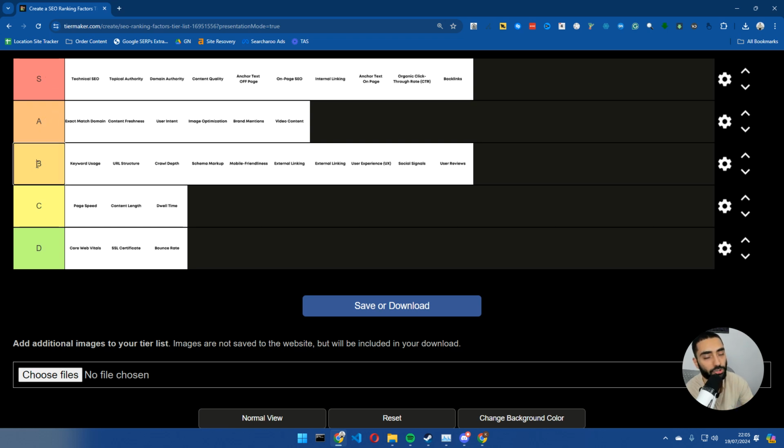B tier is just good SEO. If you've been doing it, you're probably going to do all of this anyway. C tier, I probably wouldn't lose sleep overnight. Again, I'm going to assume that a lot of you watching this have a good understanding of SEO, so you've already got a high page speed. You're not worrying about content length, dwell time and stuff like that. So that has been, I believe it's 32, it might be 31 because there was a duplicate, but that's been my 31 different SEO ranking factors.